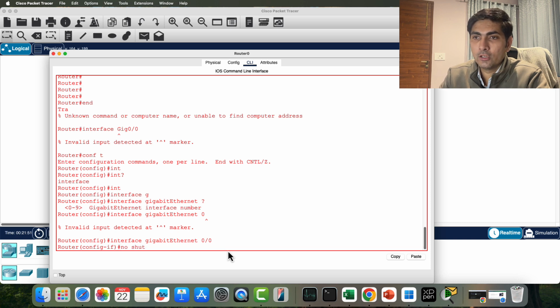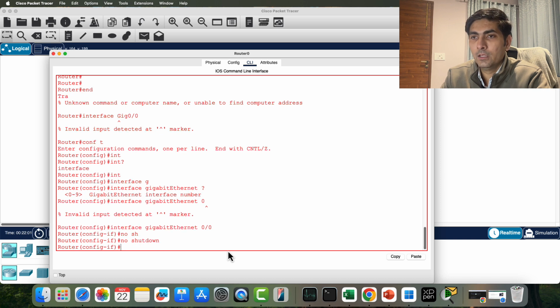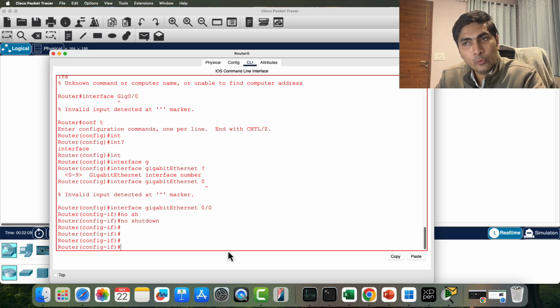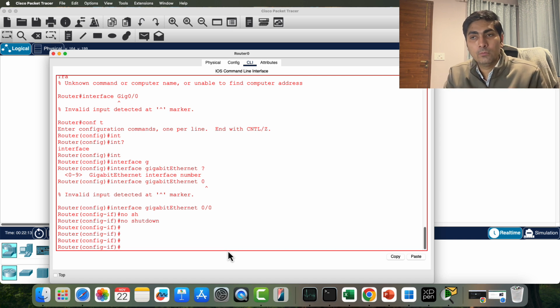Okay, so let's enable it. The command is no shutdown. Instead of no shutdown, you can type in no sh, which will be equivalent. If you want to test it, tab. Okay, this is just like enabling an interface. If you want to run the commands which are supposed to be run in privilege mode here in this config mode,